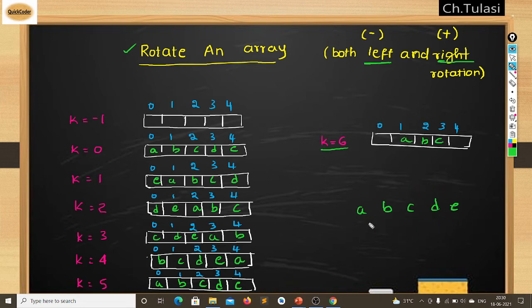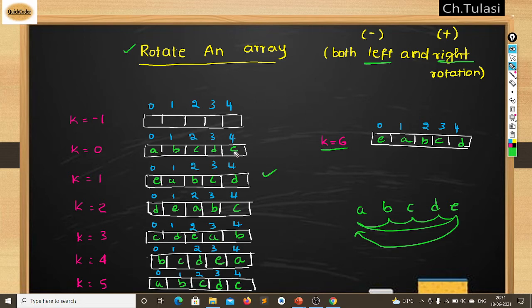Let's go for D: 1, 2, 3, 4, 5, 6, D goes here. Let's look for E: 1, 2, 3, 4, 5, 6, it goes here. See, k is equal to 6 is very similar to k is equal to 1.